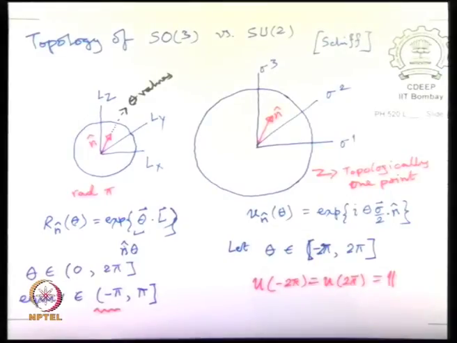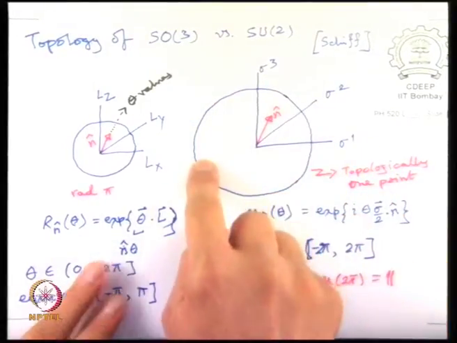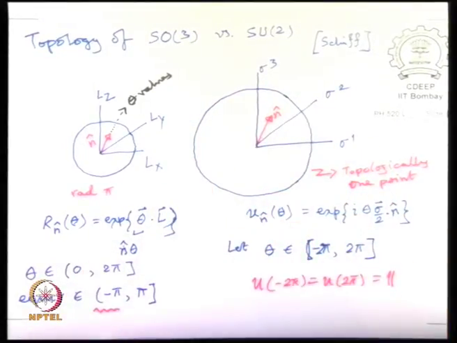So, if you think in terms of, forget about n cap because it takes various values, but you let theta increase, you get a sequence of two spheres until you reach the outermost two sphere, which is corresponding to 2 pi, but that whole sphere is actually just one point. Topologically it is the same thing. Okay, the connectivity is such that all of these points are actually just one point, they are not distinct points.